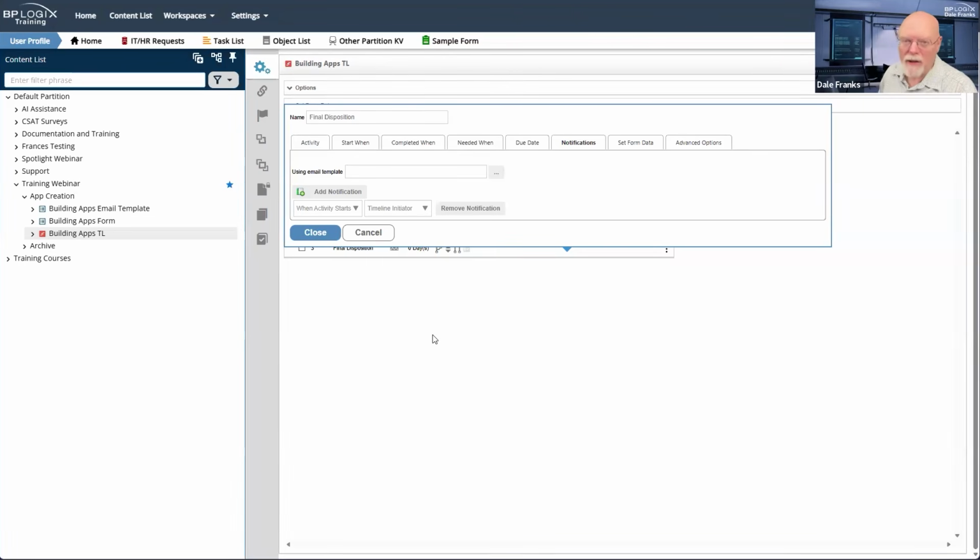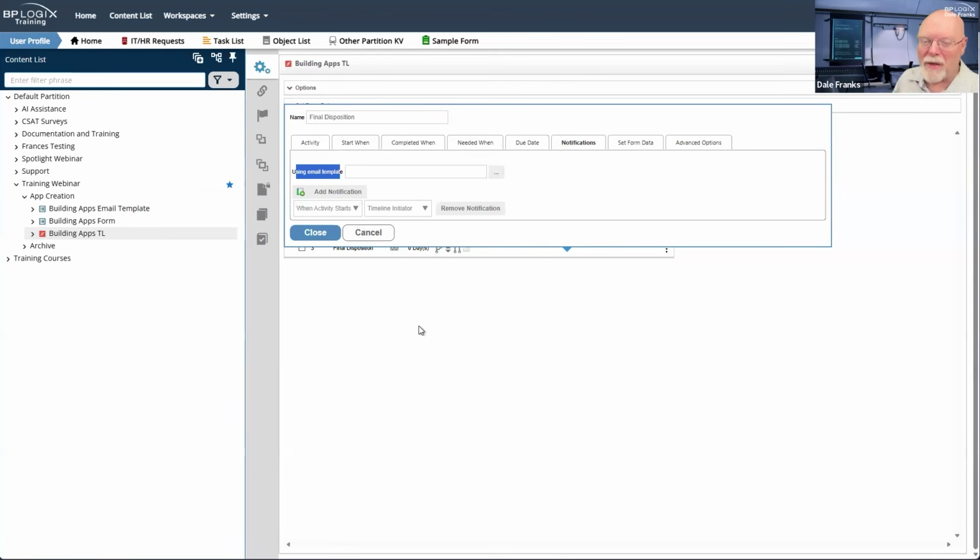And now when this activity runs, an email will be sent to the timeline initiator. One other thing to keep in mind when we're talking about notifications is that we do control at the activity level what email template gets used. So we're going to talk about email templates now, because we have to, because we've now got the one activity that is going to send an exogenous notification.